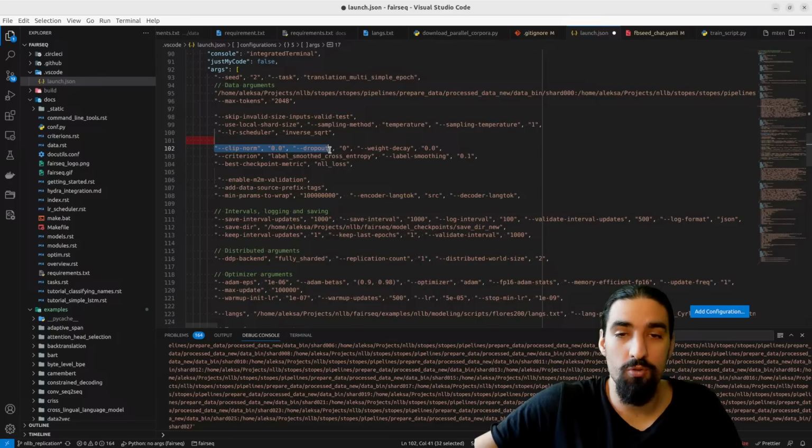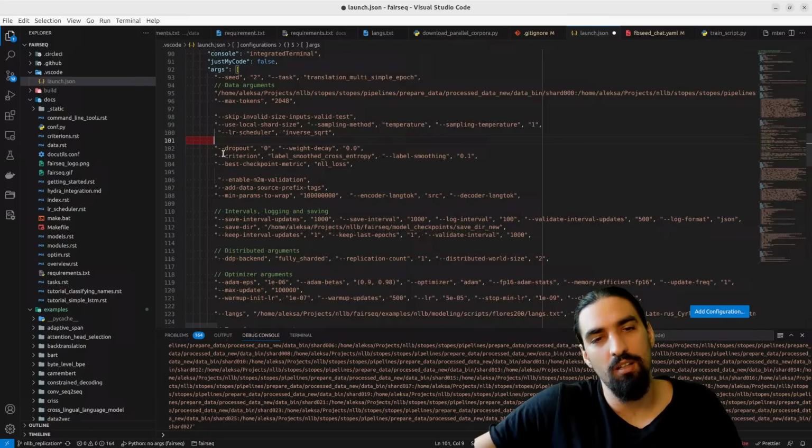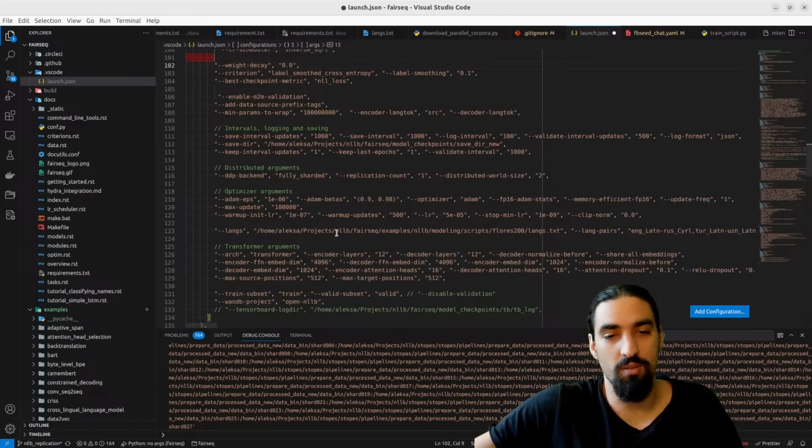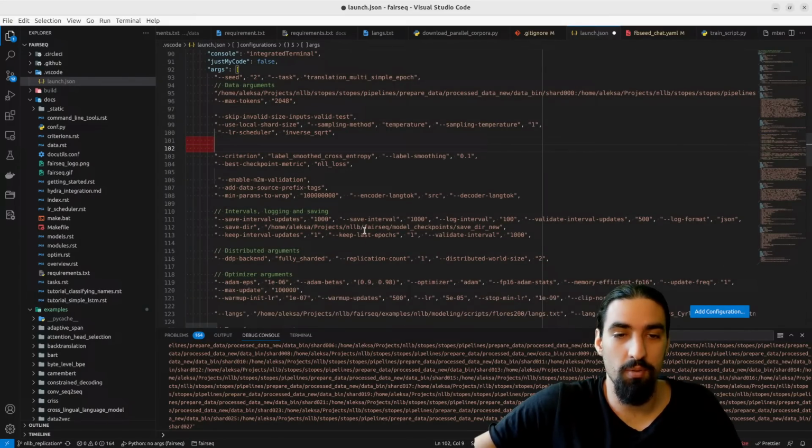Clip norm. This should also be under the optimizer, I guess. And then dropout and weight decay. Either this one could be under model and weight decay under optimizer, something like that. Does not matter that much. This one can be under optimizer.